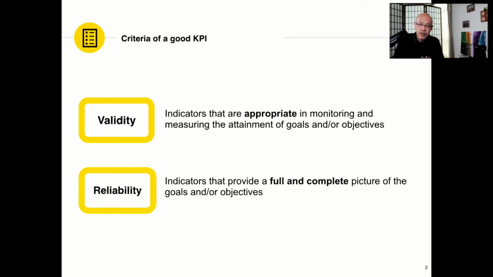Now, the second criterion of reliability is a crucial one, because if your indicators are not able to stand up to scrutiny, then it means you might be collecting data that are incomplete or not accurate, or that doesn't give you a good representation of where you are at. And that could be risky. So this criterion essentially helps you refine and make sure that your indicators are reliable and stand up to scrutiny. So how do we go about doing that?